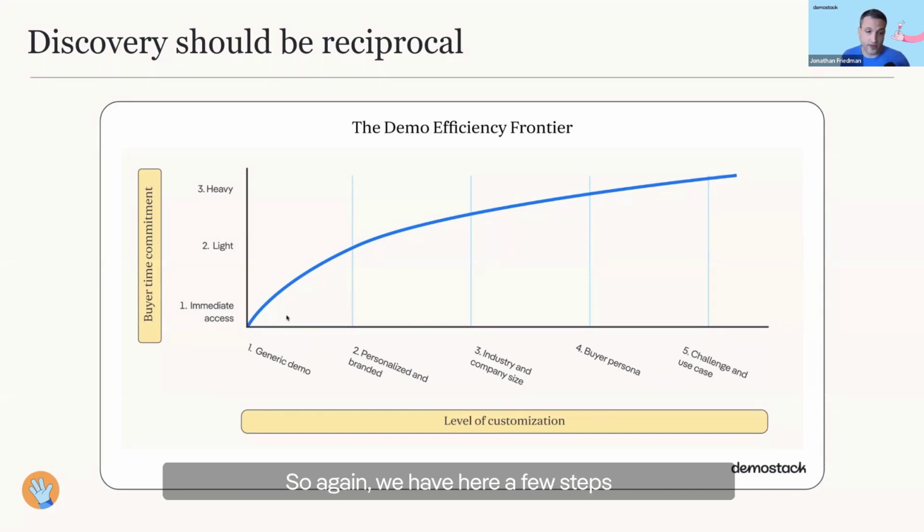Again, we have a few steps from a generic demo on the left here, which means Acme, just like the main thing you have, you didn't touch anything. And then we have the most mirrored demo that you can give, which is essentially the challenge and the use case of the buyer reflected within your product. And you can see the demo efficiency frontier here is all based on what kind of time commitment are you asking, and then what kind of tailored demo are you delivering,